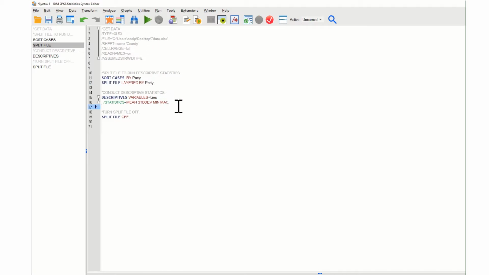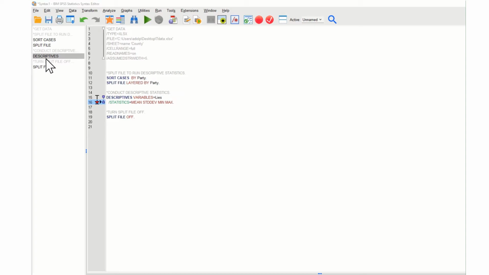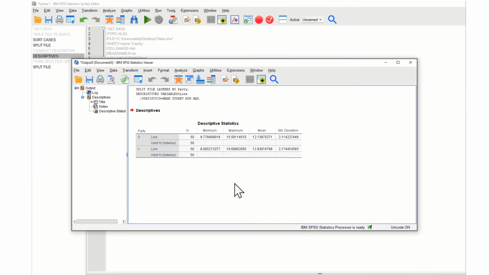I will now split the file by the independent variable. Okay, the procedure is done. Now I want to run descriptive statistics for those two groups by my dependent variable, which is lies. I'm asking for mean, standard deviation, minimum and maximum values. All right, I have my values here. So the way we would read this is,